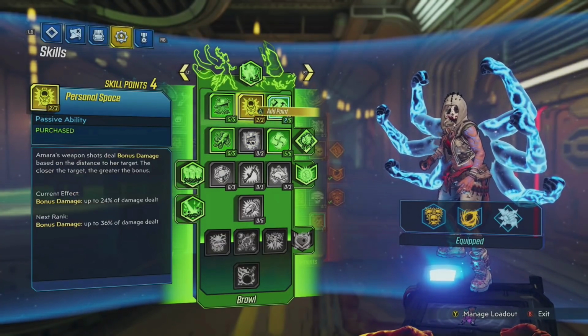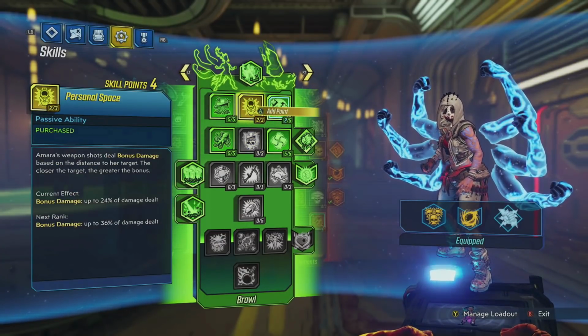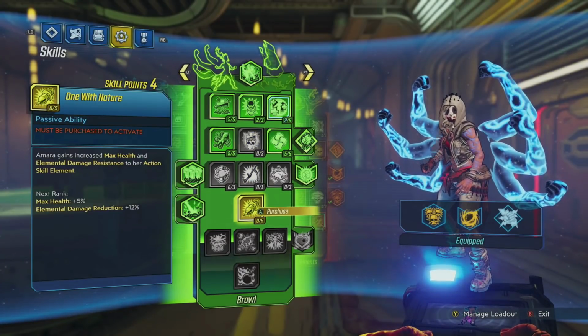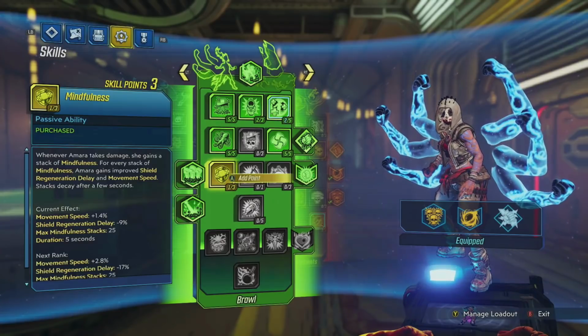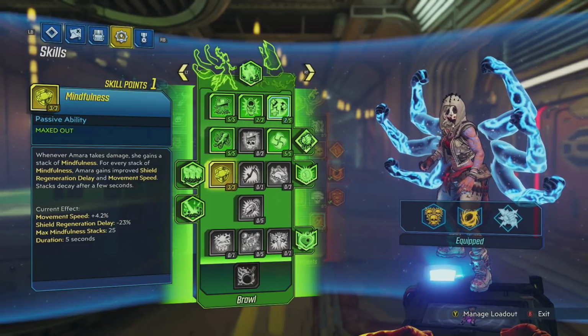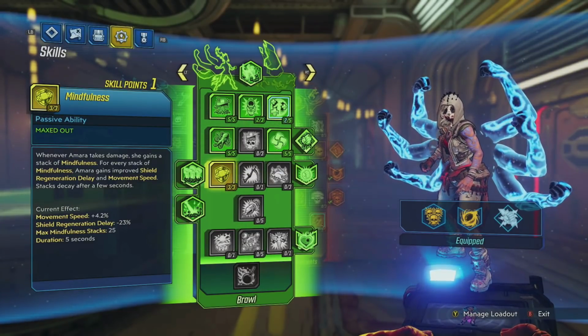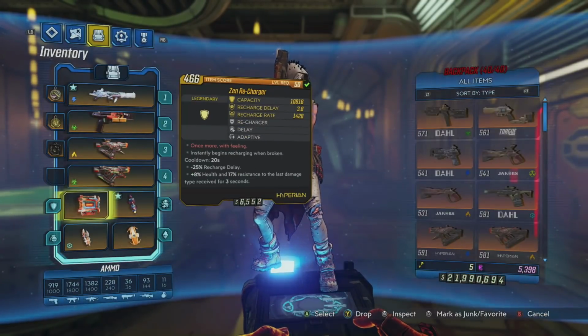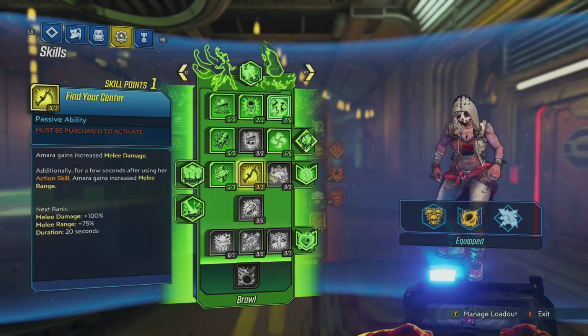I would put these points into personal space to max out personal space and get more points with nature. Next, we're going into mindfulness. Mindfulness is our movement skill. With mindfulness, we're getting shield recharge delay, which is going to help our shield stay up more often, and we're